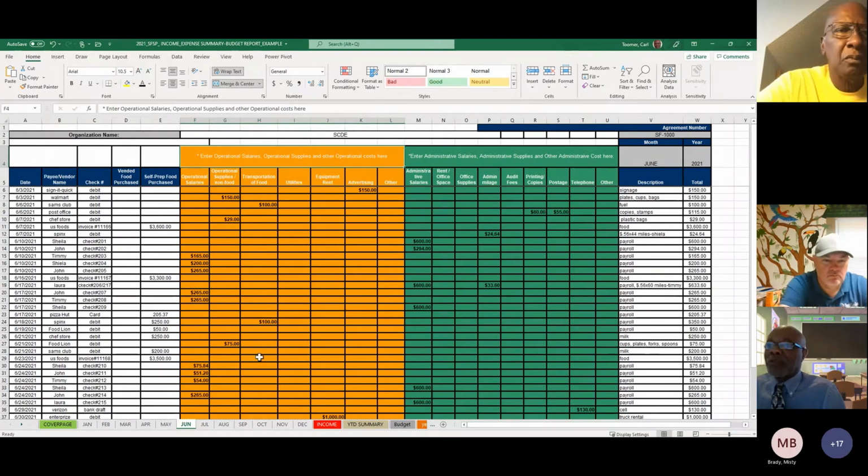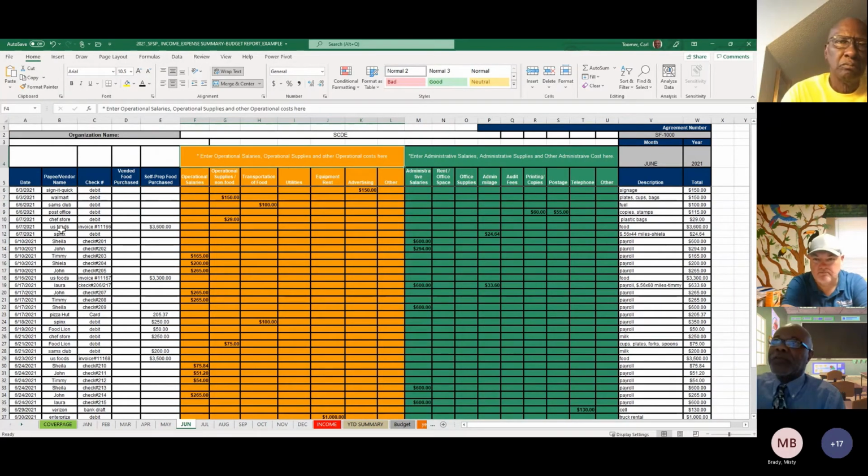Now, the reason that we extended this for 12 months is because of the pandemic. Usually, this form would only encompass June, July, and August, because that's a normal traditional summer. If we can ever get back to the traditional summer, then we can cut down on this form, for lack of all that detail.